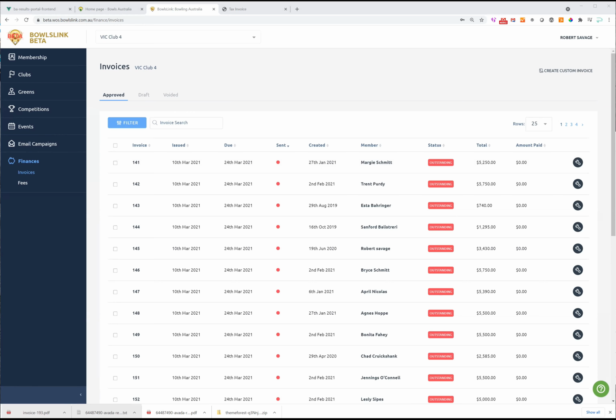But allowing them to do that also takes effort. If you think about it in the bigger picture, we would prefer that they issued invoices online and took payments online. Because if someone makes payment online, that status changes from outstanding to paid straight away. So all the club has to do is come in and monitor who's paying and who's not paying. The issue is that if, say, 40% adopt it across the country, you're looking at 700 clubs. It's a lot of work for our poor little finance department,